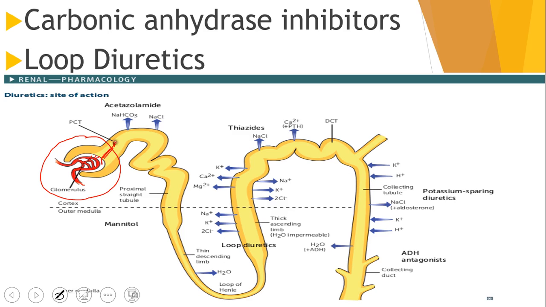The first place it's going to go through here is going to be the proximal convoluted tubule. And it's here in the proximal convoluted tubule that a drug named acetazolamide takes effect. We'll talk more about acetazolamide in a little bit, but you can see that sodium chloride and bicarbonate, or bicarb, whatever, are being taken out here. Okay, so this is where acetazolamide takes its effect, and